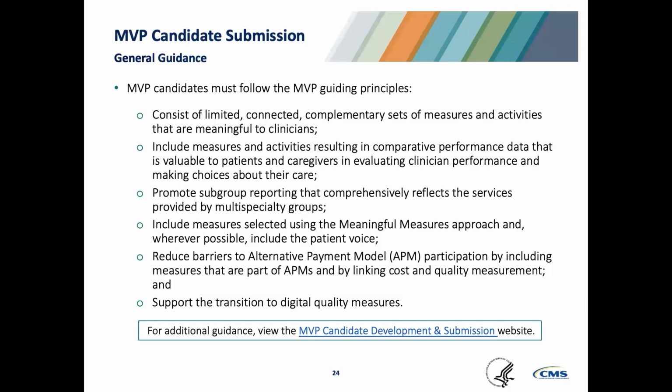The MVP guiding principles consist of limited, connected, complementary sets of measures and activities that are meaningful to clinicians, include measures and activities resulting in comparative performance data that is valuable to patients and caregivers in evaluating clinician performance and making choices about their care, promote subgroup reporting that comprehensively reflects the services provided by multi-specialty groups, include measures selected using the meaningful measures approach, and whenever possible, include the patient voice, reduce barriers to alternative payment model participation by including measures that are part of APMs and by linking cost and quality measurement, and support the transition to digital